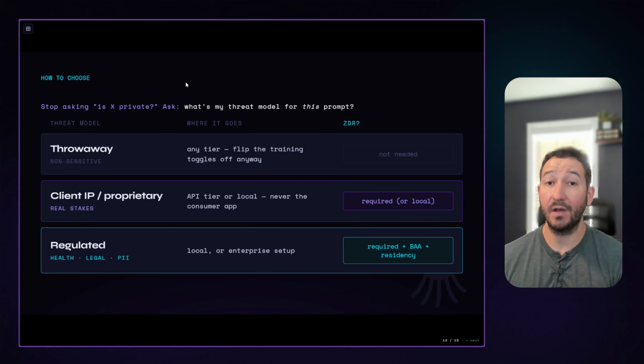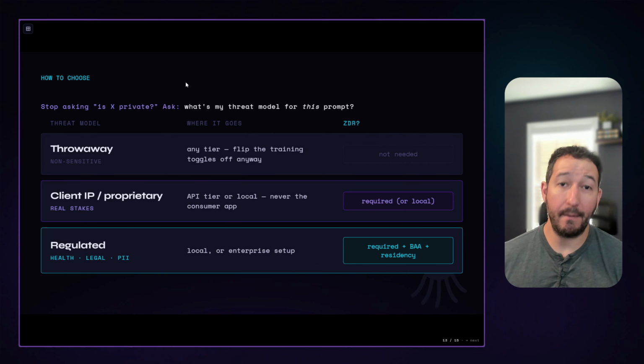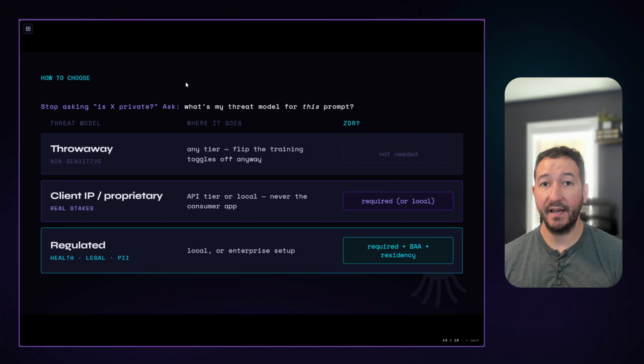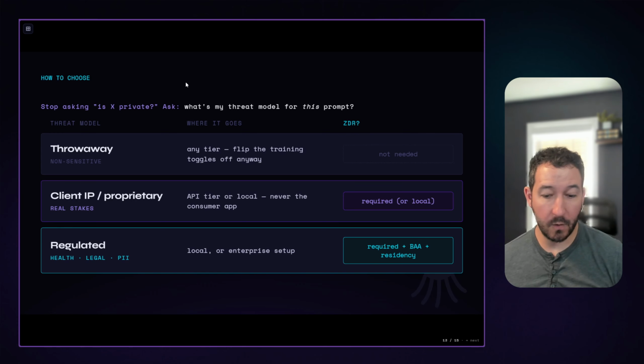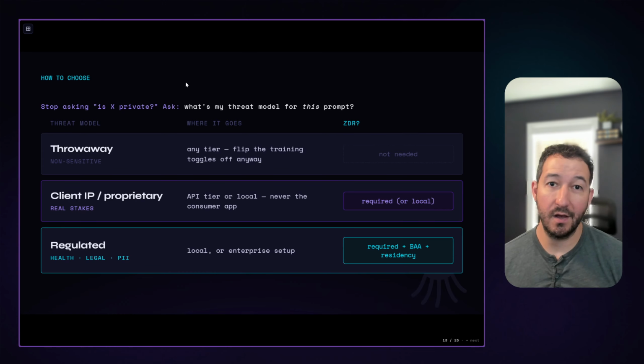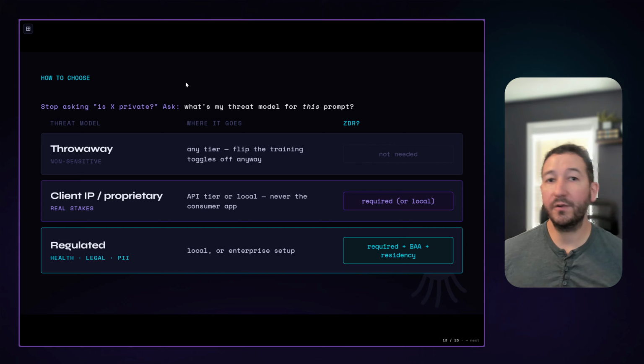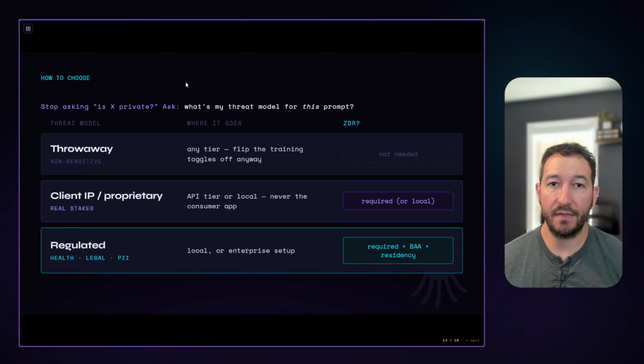As we start to bring all of this together, the question you need to ask yourself is: what is your threat model, or what is the sensitivity of the data that you are submitting in the prompt? So if you're just asking when the next full moon is, or something generic, you can probably use any model, and it doesn't matter if they keep your data anyway, because there's nothing personal about you.